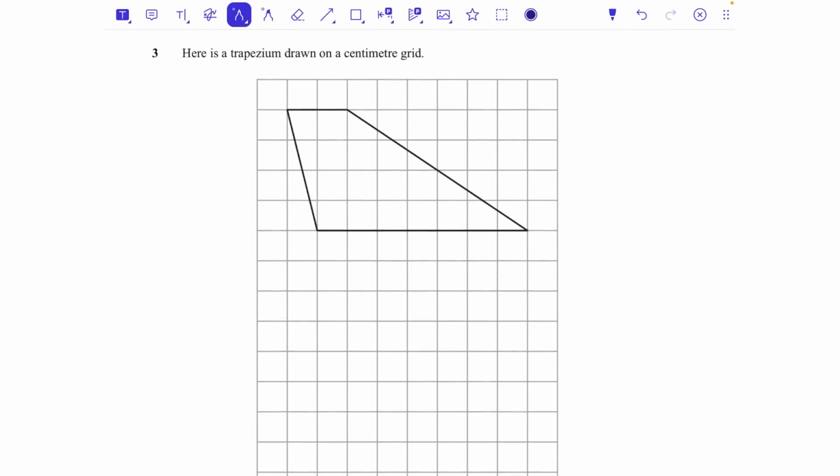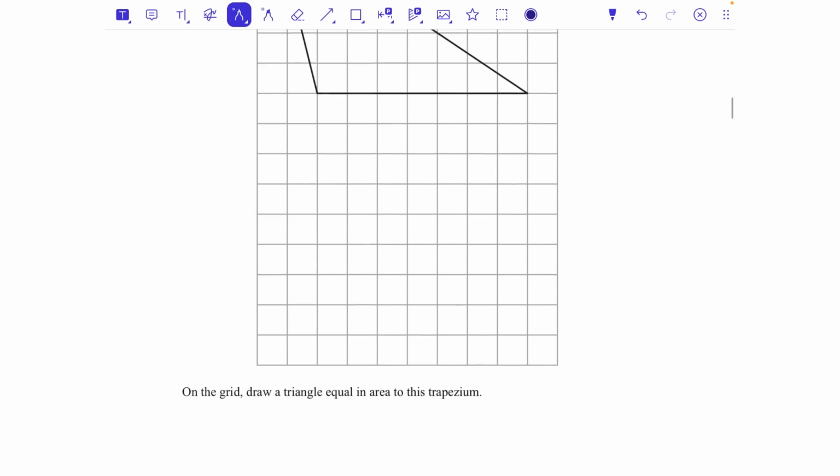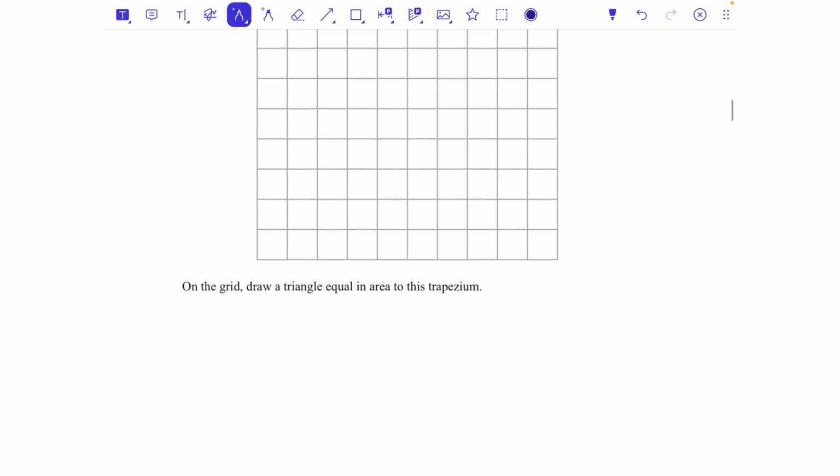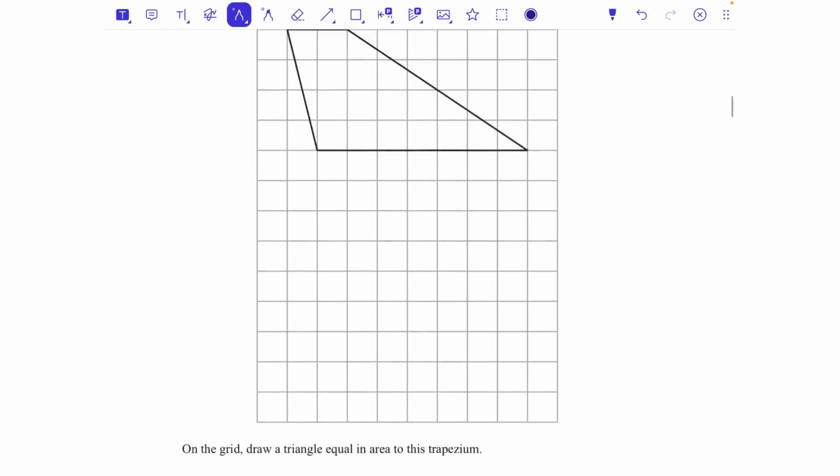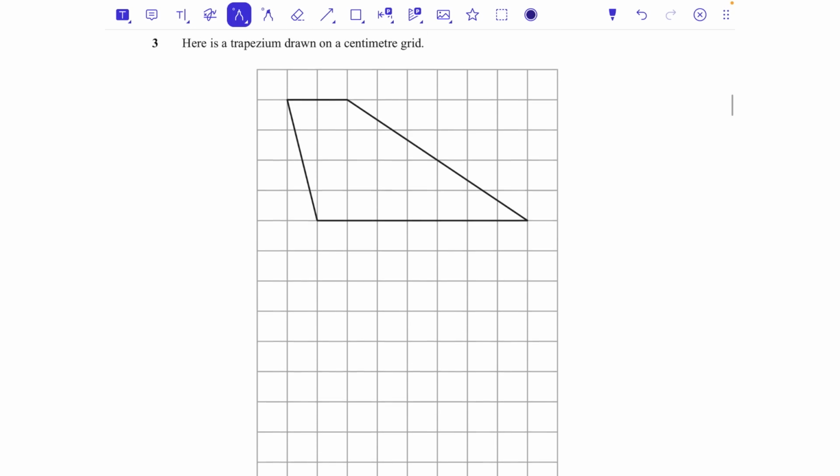Question number 3. Here is a trapezium drawn on a centimetre grid. On the grid, draw a triangle equal in area to this trapezium. So we need to work out the area of this trapezium and then draw a triangle that has the exact same area. Now the area of a trapezium, we would do A add B divided by 2 times by the